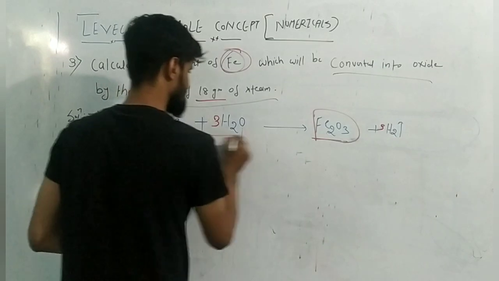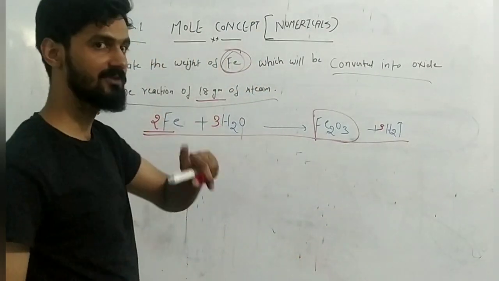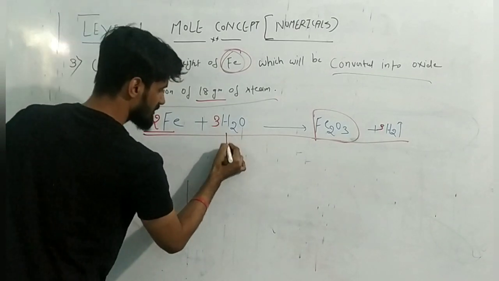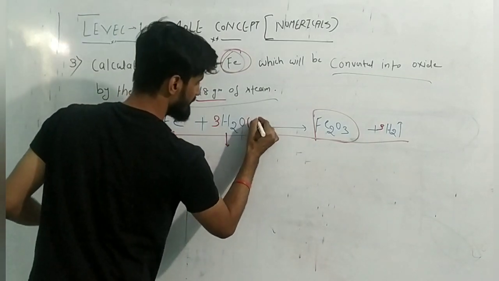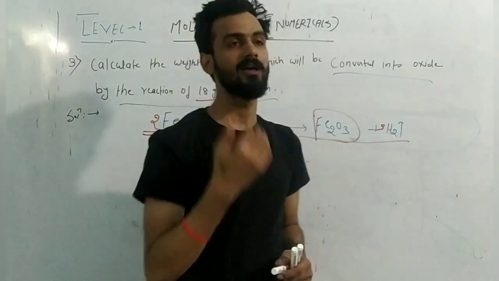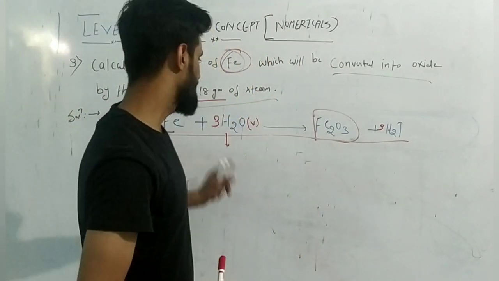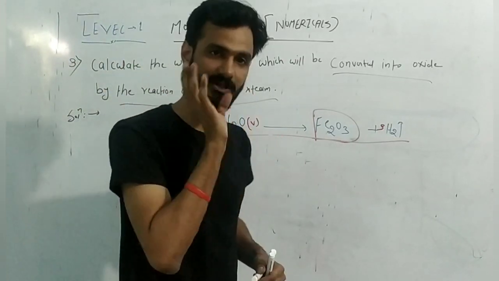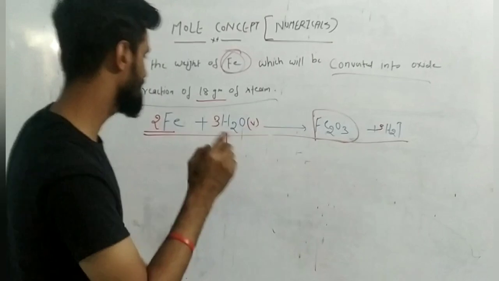So if the chemical reaction is in this way, then you have to first calculate the number of moles, and from this we see the stoichiometry of H2O. Here H2O will be in the vapor form. If the question is asking about the weight of H2O, steam is the vapor form of water, if the temperature is more than 100 degrees centigrade at 1 atm pressure. So you have to remember these things.